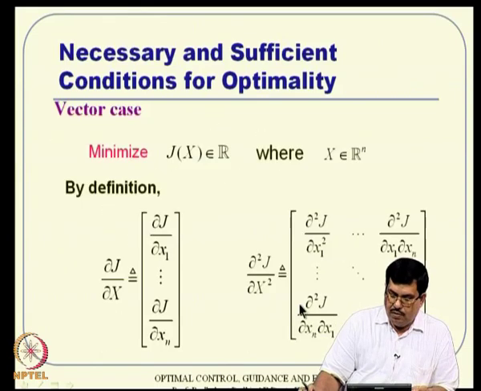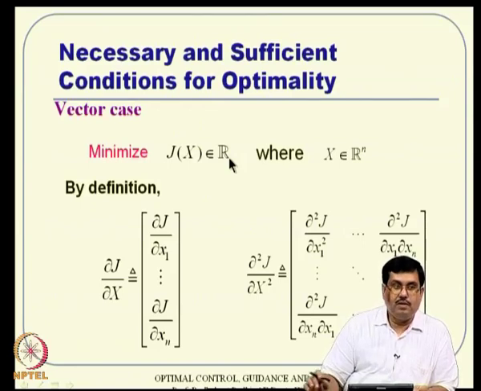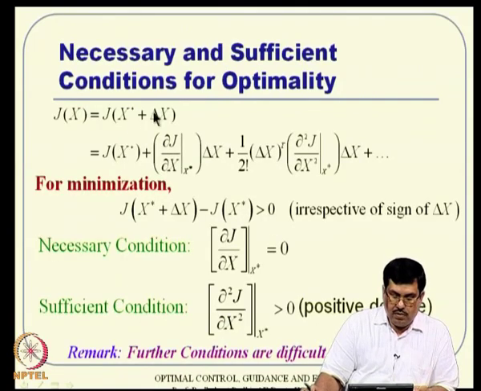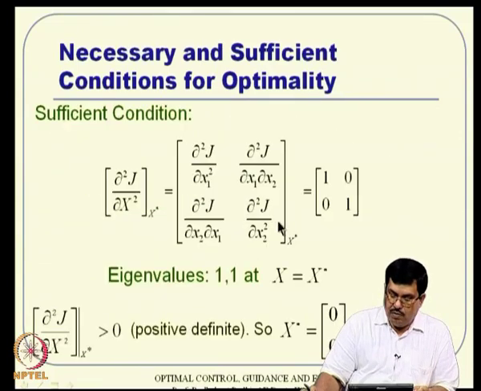And we saw some examples on the way, then moved to the vector case where the decision variables are x 1 to x n, and in that case you have to define a gradient vector and then a Hessian matrix, things like that. Again using the same idea of Taylor series, we arrived at the conclusion that for the necessary condition the gradient vector needs to be 0, and the sufficiency condition can be arrived at by looking at the positive definiteness or negative definiteness of this Hessian matrix, and again followed with some examples.